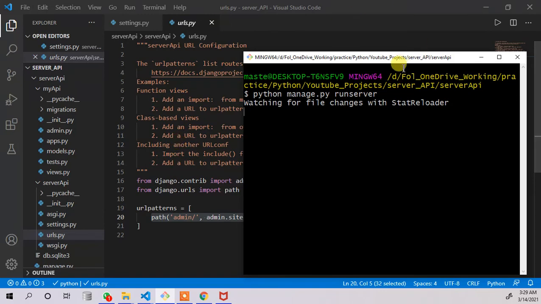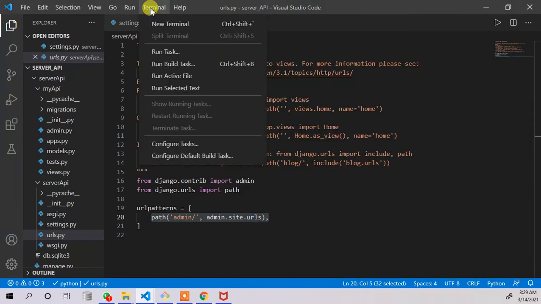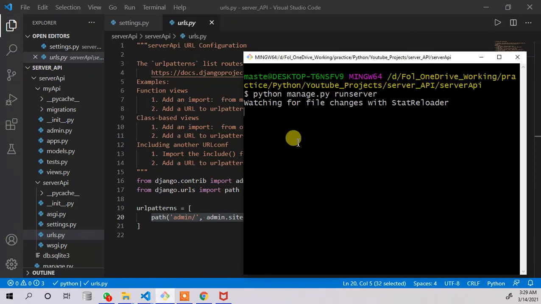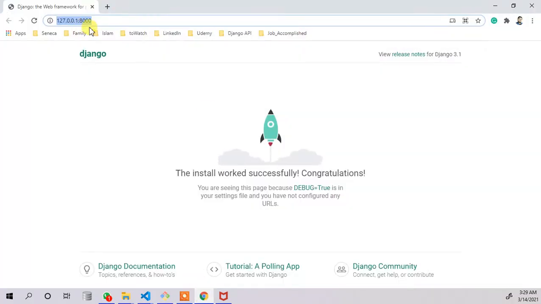For that we use it, because it is not always good to open the terminal and share your screen, so it is better to use another window for it. Now my server is running, and the link won't show in here, so I'm keeping it aside. Here is the link.